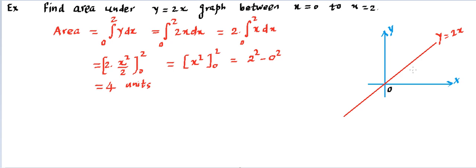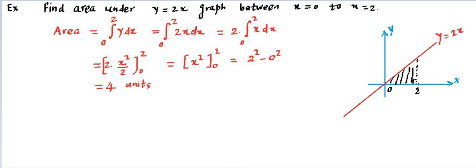Now here we can jot down some points. This is x equal to 0, and somewhere there's going to be a point which is x equal to 2. So this is 0, this is 2, and this is the x-axis. So basically this is the area we are looking for. If we need to find this area, we can do it because this area is making a very simple geometry. You can see this is a right angle triangle. Since this is a right angle triangle, we know the area of a triangle, so we can use the triangular property to find this area, and check whether the area will be the same as that we have calculated by the method of integration.